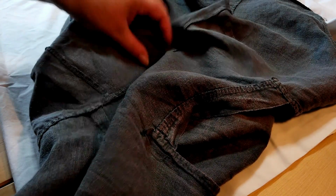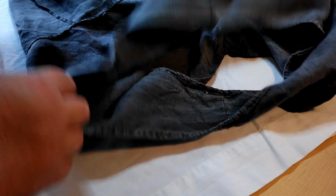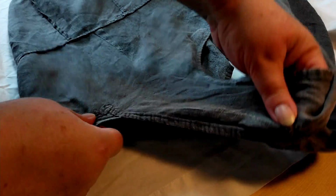When you're trying to take a pattern from something that has a piece that's all in one, there's no piecing on this, so like a jacket would have two front pieces, a front and then a front side. This is just all cut out of one piece of fabric. To make it as accurate as possible, I've already folded the sheet in half. What I'm going to do is match up all of the different seams on here and all the different points,